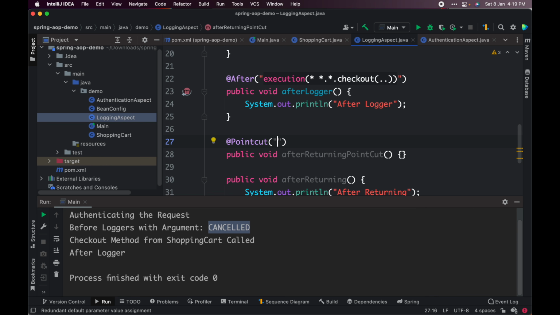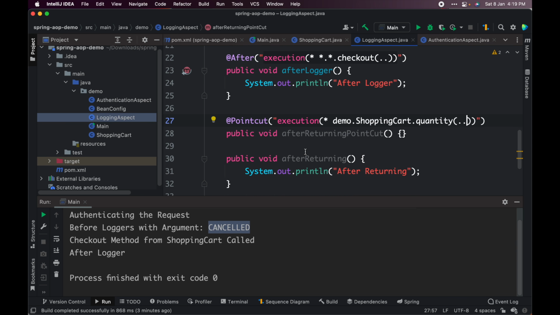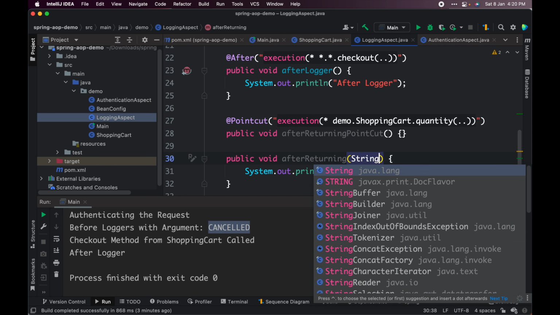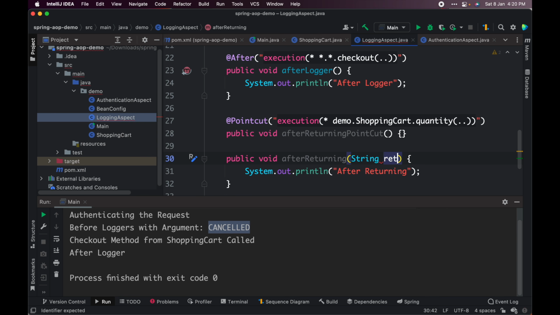And point cut is execution, and execution is for any return type from demo dot shopping cart dot quantity method, and I'll just keep double dot. So if we change the input variables also in the future, this will work. So this is a point cut where we have to execute and we want to get the input variable as well. So the input variable, suppose I can say it's a type of string, right? And I can say it's a return value.